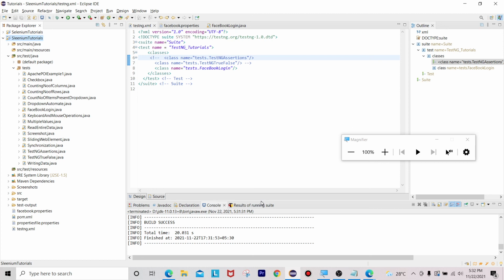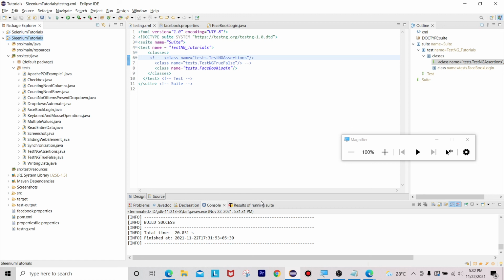The main advantage of the properties concept here is that it is used to store graphical user interface elements such as text fields or buttons or radio buttons or drop downs or any alerts. So those we can store and we can perform our automation activity on those particular web elements like send keys or click operation.